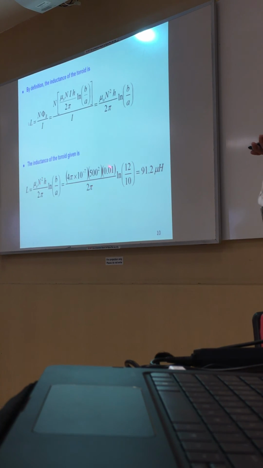And then for the second part, it's quite straightforward. There are some physical values for all these parameters. You just substitute in and calculate the inductance. And remember, the unit is in Henry or microhenry or whatever. Okay. Any question? No? Very good. So we go to the last question on